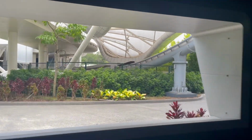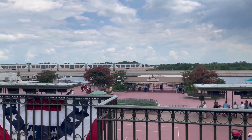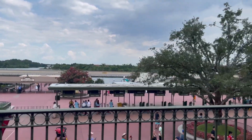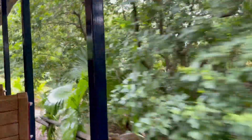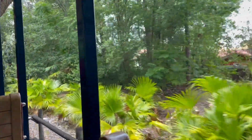So now we've made our way over to Fantasyland, where we boarded the train here, and we're going to use the train to take us over by Tiana's Bayou and get off over there and grab some lunch over at Pecos Bill. The reason that we're doing the train here is because it's more relaxing, easier, less energy exertion walking all the way across the park, and also there's a parade going on, so we don't want to fight that crowd. We don't want to get stopped and not be able to cross through the hub there with the parade going by. So we're just taking the train around the long way, and it's going to be great